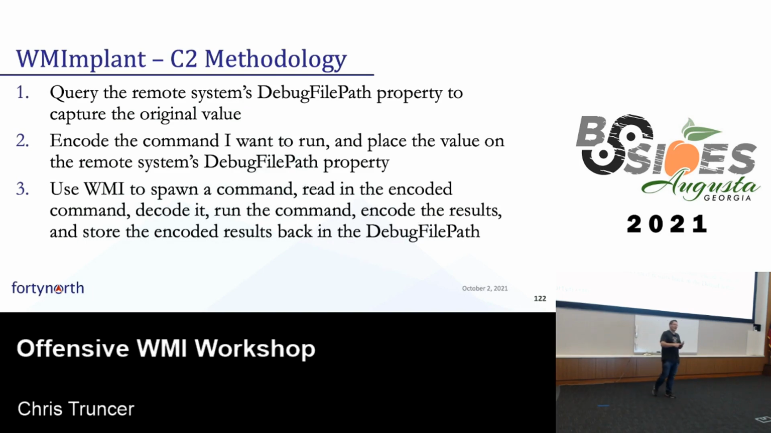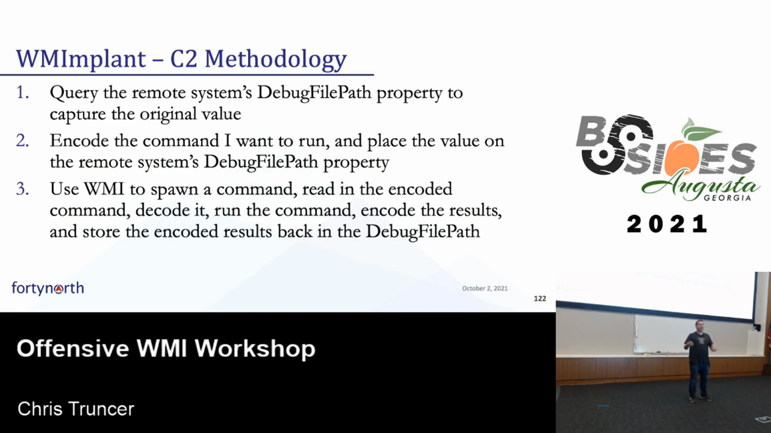The very first thing that happens is I query a remote system's debug file path property to get the original value. I then encode the command that I want to run on that system. I use WMI to create a process on that system and have PowerShell run that command. So let's say it's just ipconfig. I believe if you look at the answer sheet, ipconfig is the command that's listed in there for what to run. And it then runs that command,